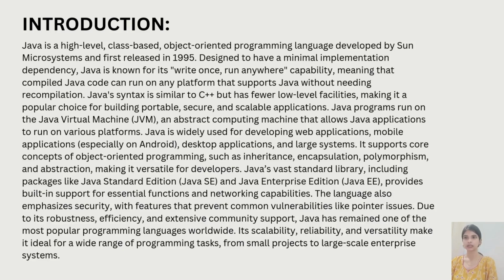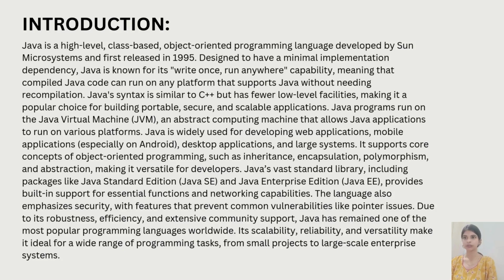Java's syntax is similar to C++, but it has fewer low-level facilities, making Java the better choice for building portable, secure, and scalable applications. Java programs run on the Java Virtual Machine, called JVM, an abstract computing machine that allows Java applications to run on